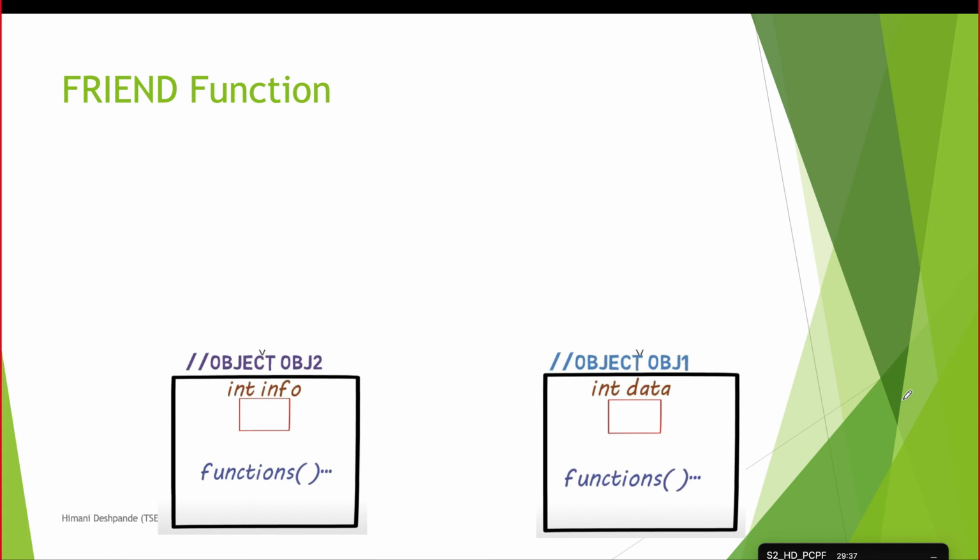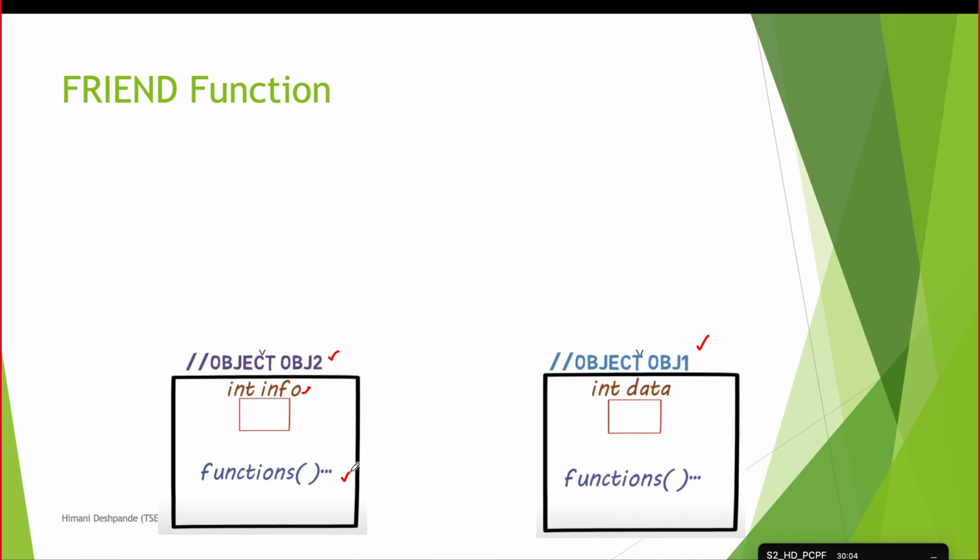Okay, now the next thing is friend function. Friend function is something where we're not going to look into an implementation example. We'll just see the theory of the friend function. So what are friend functions? Friend functions basically come into the picture when, suppose, you have two different classes. This is an object of one class. This is an object of the second class. Now this is information of class 1.